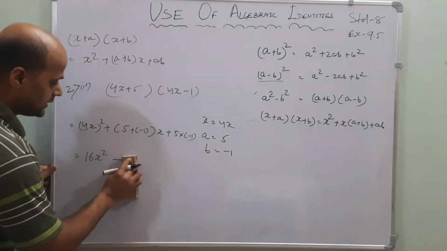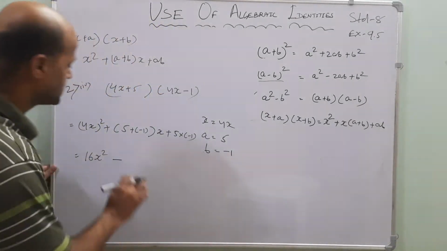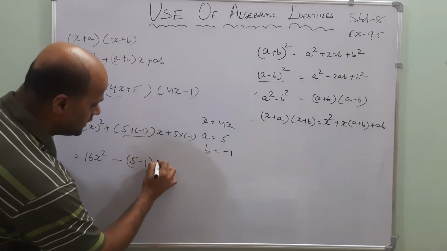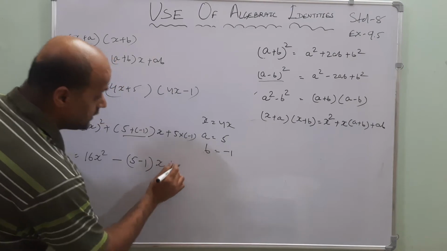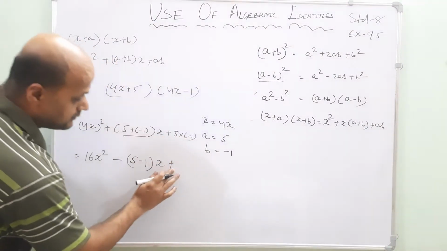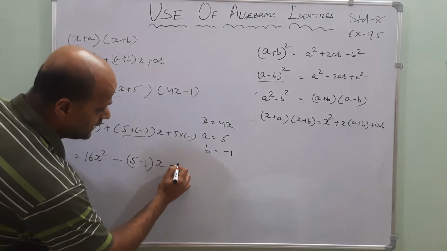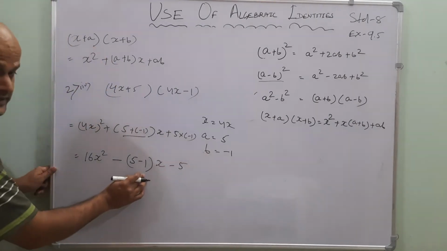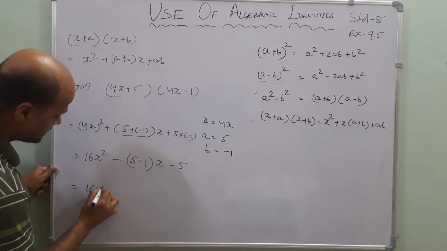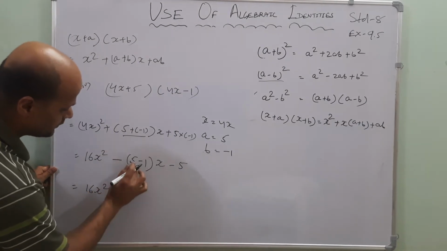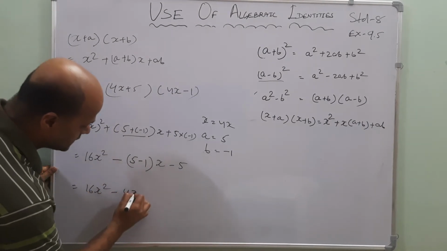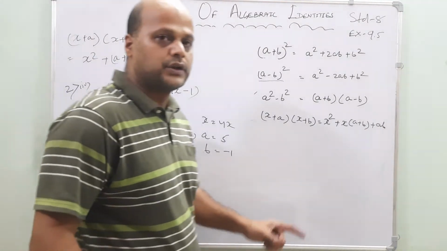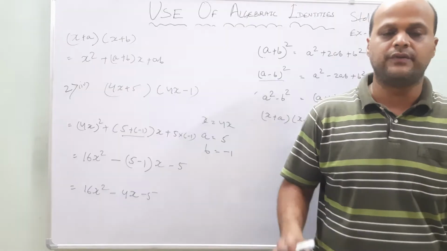See here. Sorry, I am extremely sorry. First, remove the bracket. That is (5 minus 1) into x plus, here minus into plus, minus 5. I can do it directly multiplied here, but here another step is there. So, in the last case, solve it. 5 minus 1, 4 into x, 4x minus 5. This is the answer we will get if the two expressions are in positive and negative form.